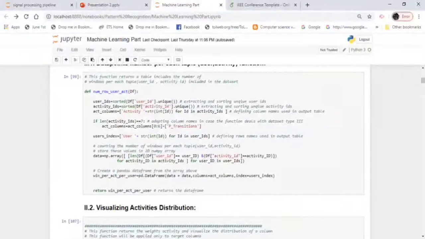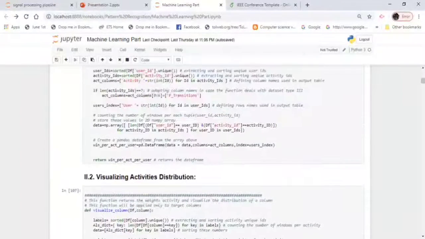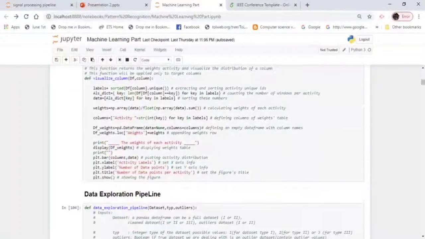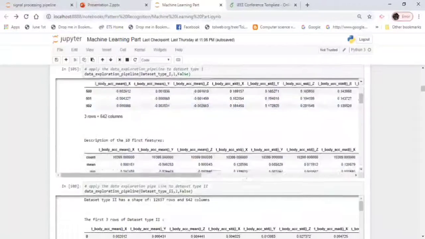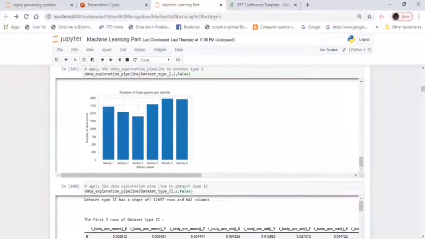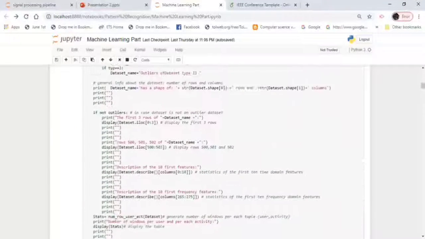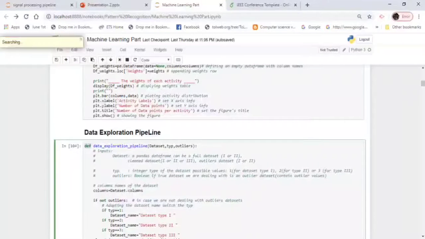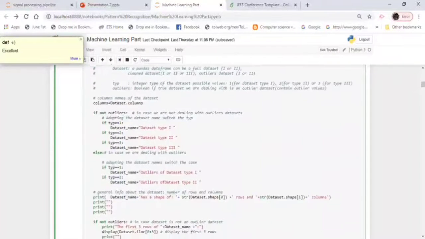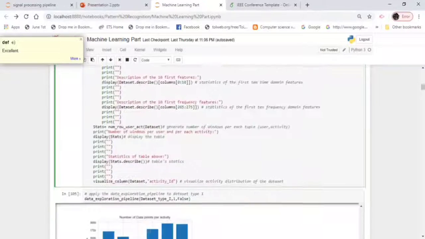So I went ahead and did some data analysis, and I printed out the bar graph of these two data sets. So this is for dataset type 1. I wrote a function called data exploration pipeline, which basically just creates the bar graph.